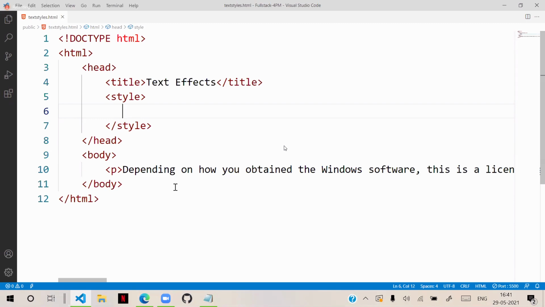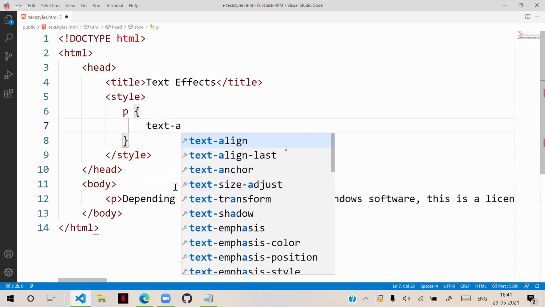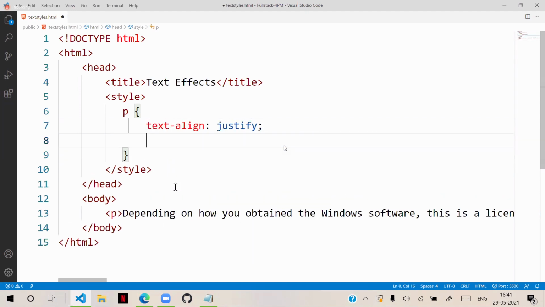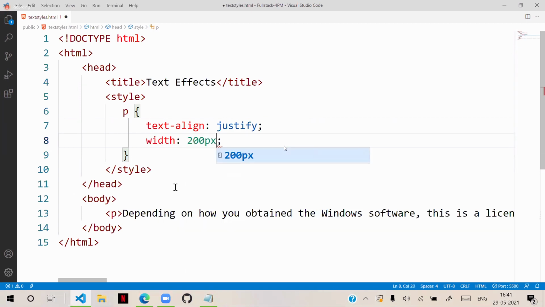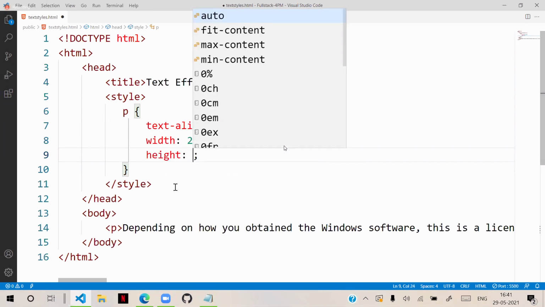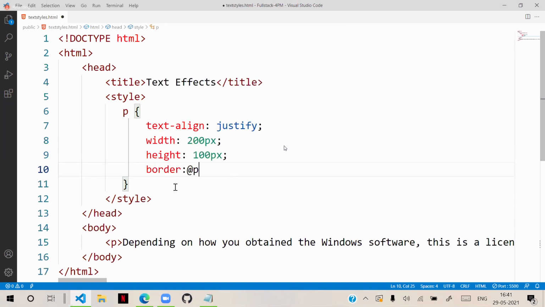For this paragraph, I'm giving text align as justified. And width for the paragraph, I will give as 200 pixel and height as 100 pixel, and border as 2 pixel solid and some dark color here.